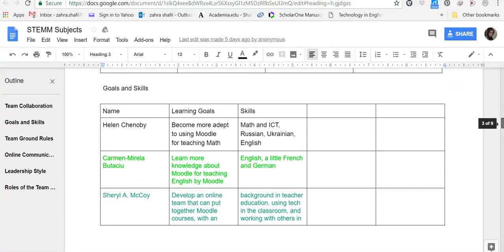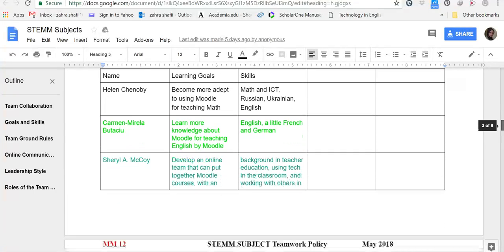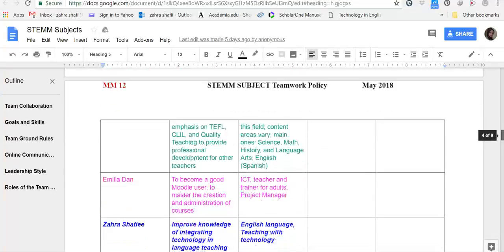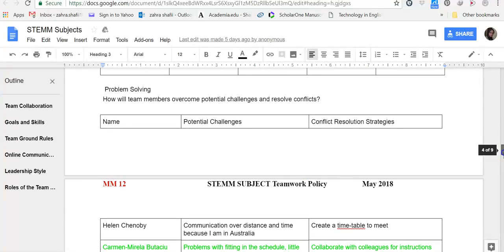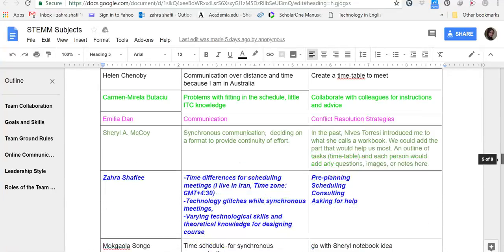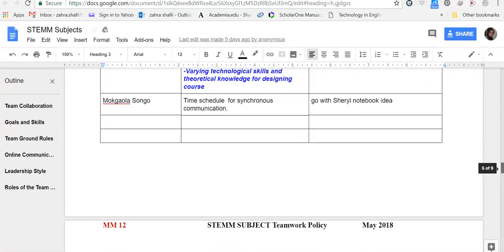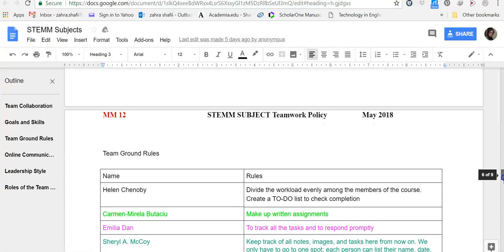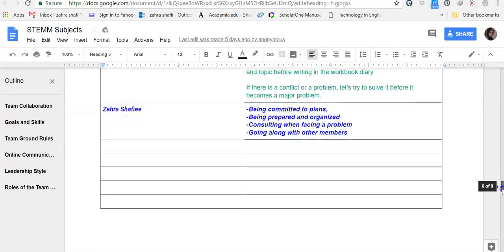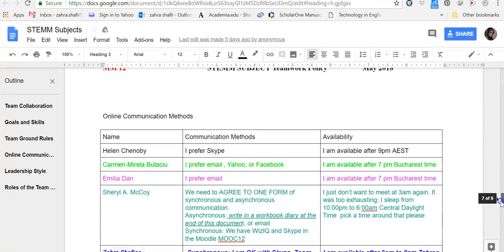We talked about the goals and skills that we suggested should be taught in a course. Each of us shared our ideas, also about problem-solving skills that each of us could come up with if we faced a problem. More importantly, we had some ground rules about collaboration in the course,